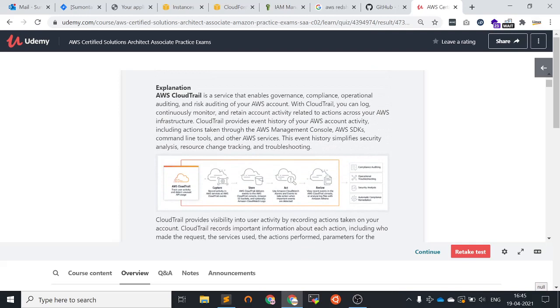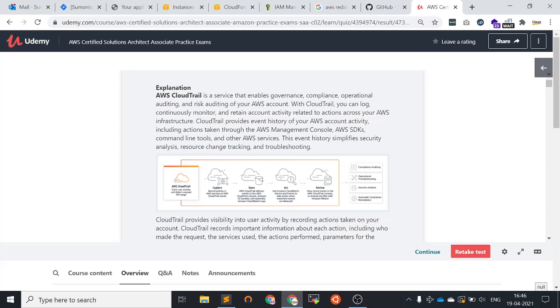Here is the description. CloudTrail is a service that enables governance, compliance, operational auditing and risk auditing of your AWS account. With CloudTrail, you can log, continuously monitor and retain account activity related to actions across your AWS infrastructure.